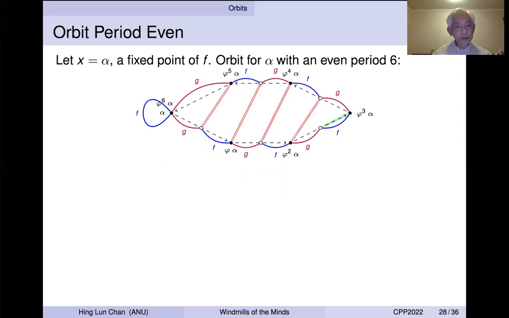So what this means actually is that these 2 points are equal because they will go to the same destination. And because of that, f is also an involution, all right? If these 2 points are the same, then they must come from the same point. And so these 2 points must be the same also. The same reasoning will tell us that these 2 points are the same. And likewise for these 2 points.